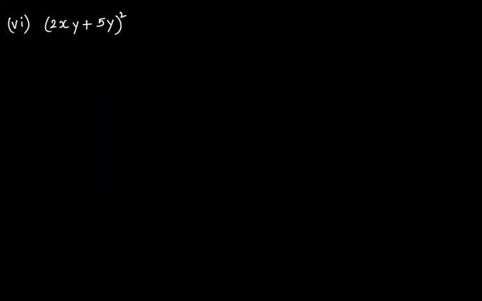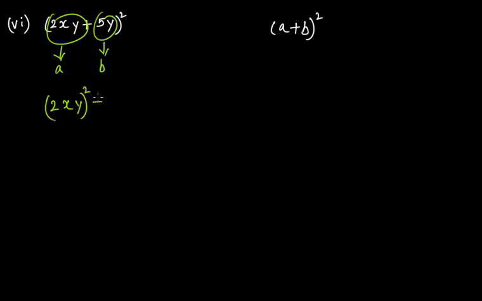Okay, here you have (2xy plus 5y) whole squared. This is of the form a plus b whole squared. This is equal to a squared plus 2ab plus b squared. So if you look at this expression, this is a and this is b. So a squared means what? (2xy) whole squared, then plus 2ab means 2 multiplied by 2xy multiplied by b means 5y, plus b squared means (5y)